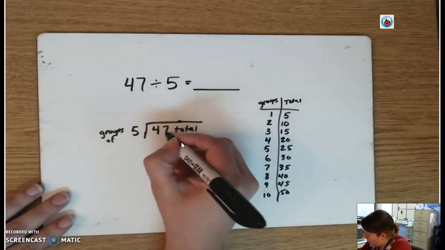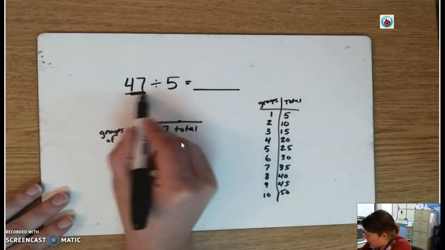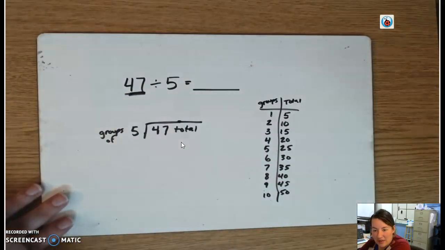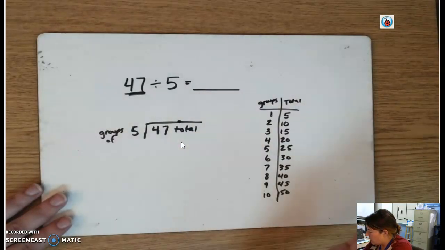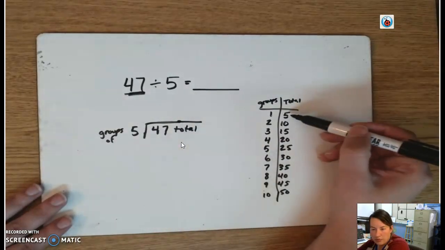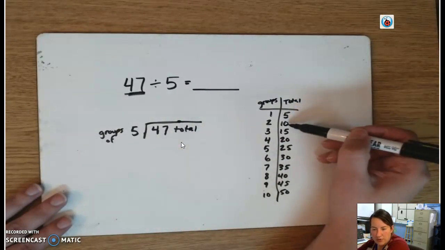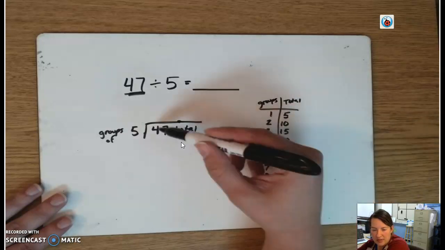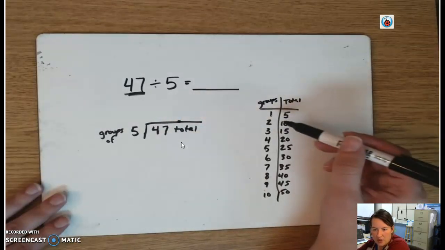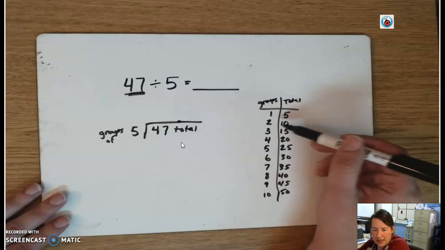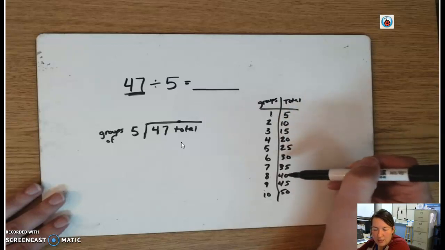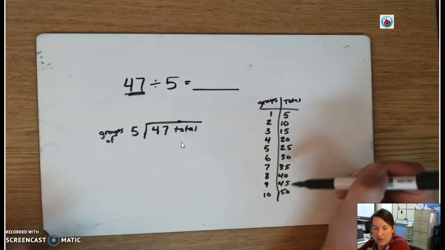Now let's take a look. How many total pieces am I breaking into groups of 5? 47. So I've got 47 total pieces. So could I make one group? Well, sure. Could I make 2 groups? Yeah, that's 10 pieces. I've got 47. I can easily make 2 groups of 5. So look at your list and see what is the most number of groups I can make without running out